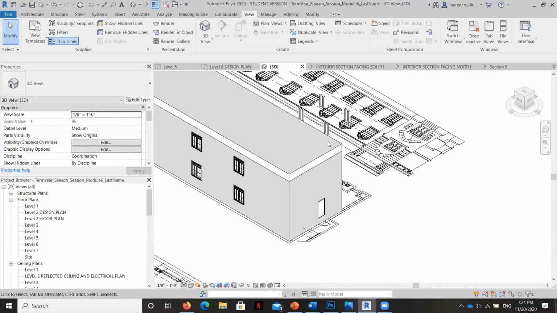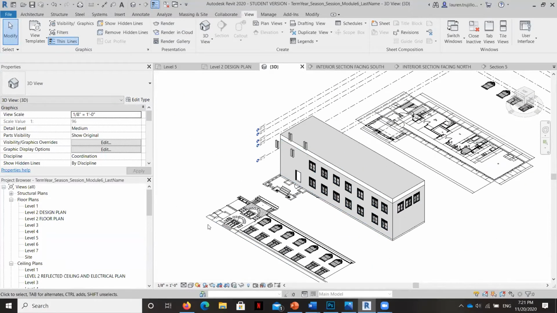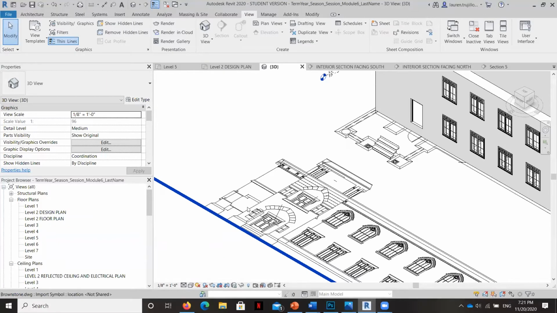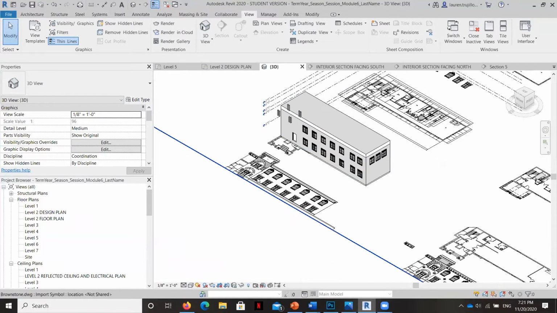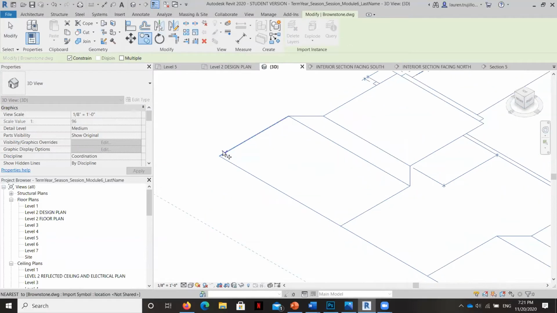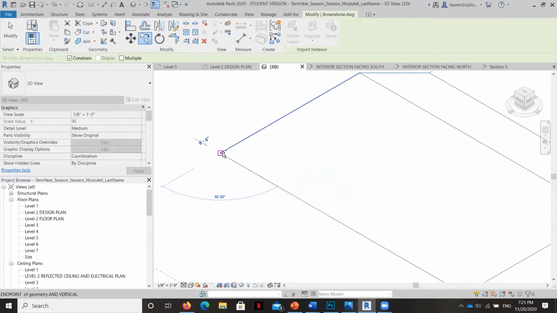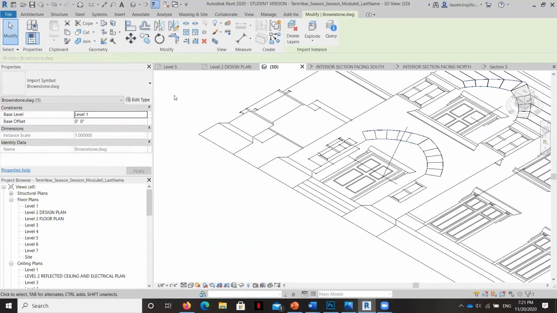Now what we're going to do next is I need to get this elevation here that's coming in from our CAD file, and I need to get it to stick to the front of this facade so that I can use some of the profiles here and use them as the profiles for the sweeps. So I'm going to just grab this right here and copy it. And all I'm going to do is just grab it by a corner and click once to grab it as my base point, and then click it again so that it's copied, but it's still in the same exact spot.